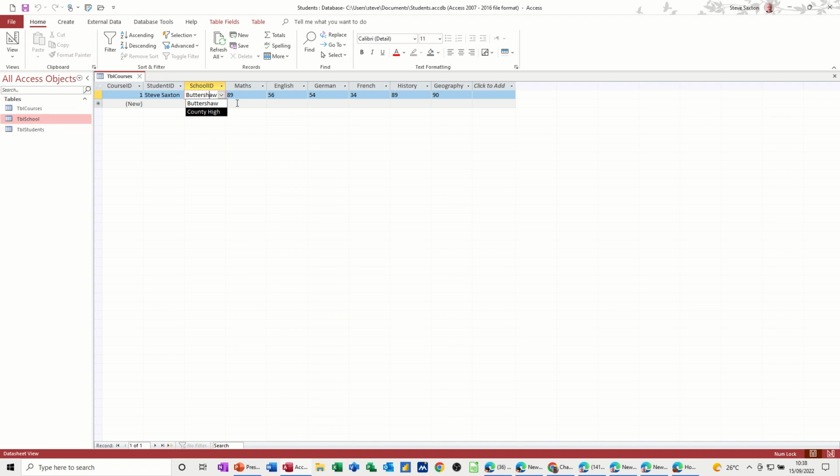So that's all I want to do on this little session, but the next session we'll look at creating some queries to start interrogating this, so you can see what people are scoring on from different schools, from different courses, whatever you want to do. We'll just interrogate this table. We'll also look at doing forms and reports at a later date, but hopefully this has got you going, setting you up,